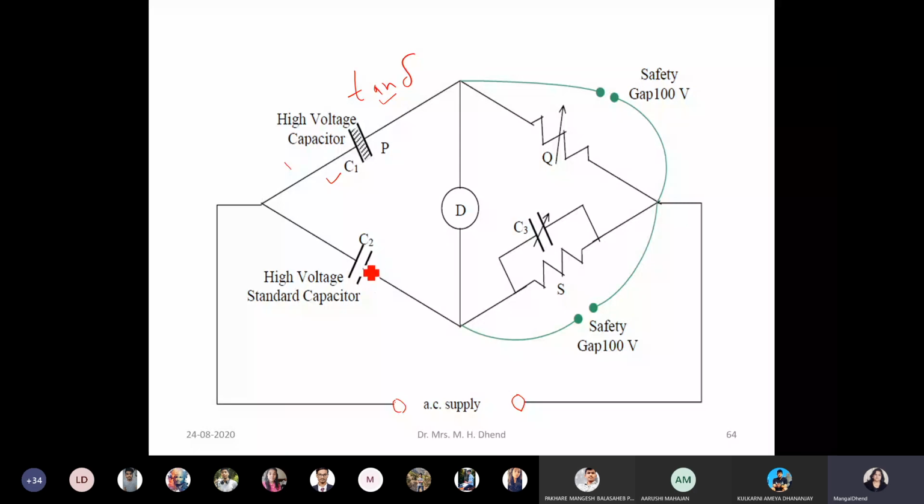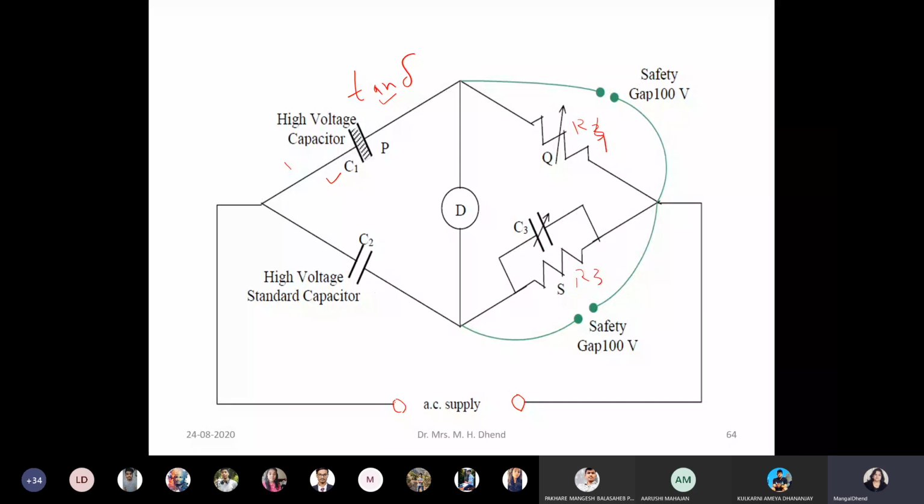So we don't have a Schering bridge in our lab because we are able to perform a number of other experiments. This was in another subject and has come from another subject to material science. Okay. So the high voltage standard capacitor you will put in this arm. And then the variable resistance I showed in the previous diagram, you can see it is analogous to R3 here. So one variable resistance is there and a variable capacitor is there. And this is R3 and this is R4. So C3, R3 and R4.